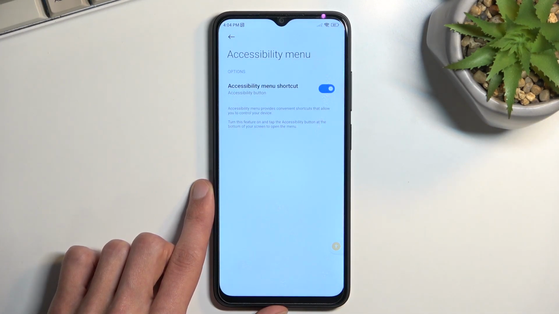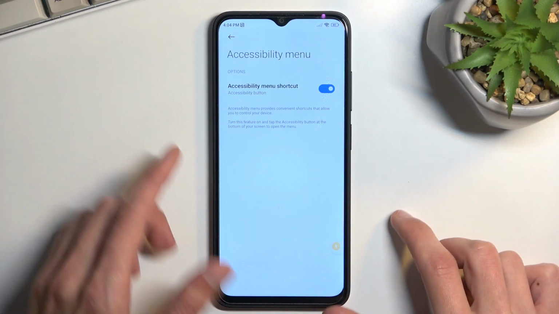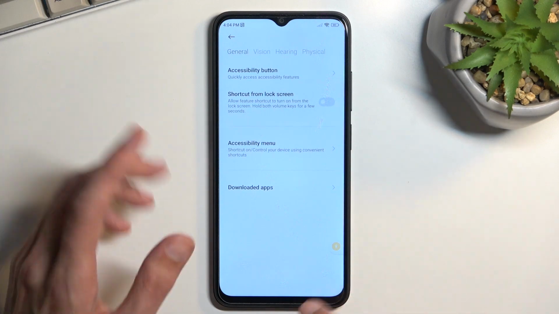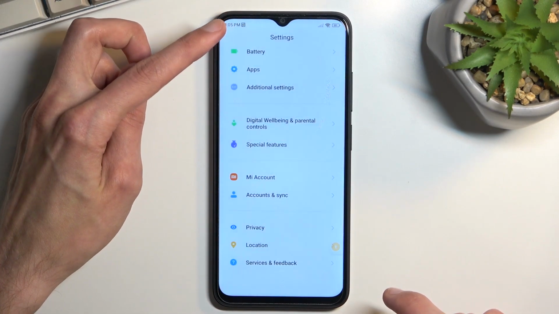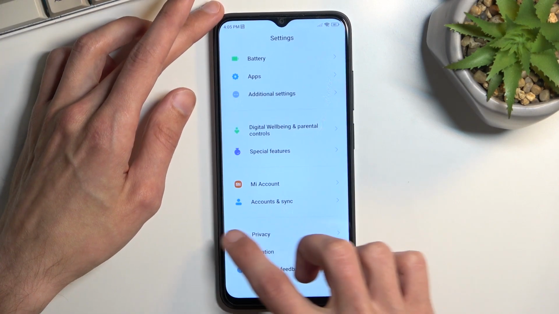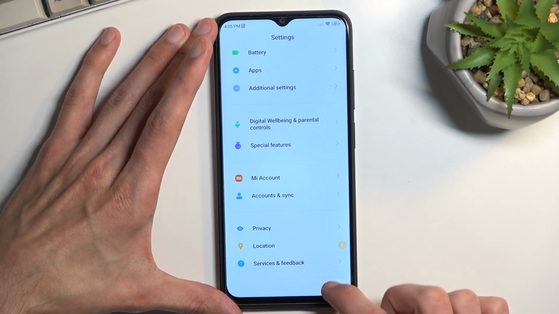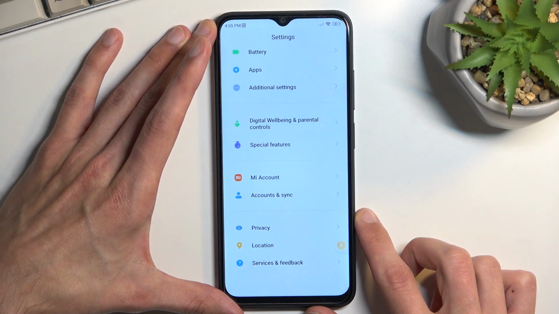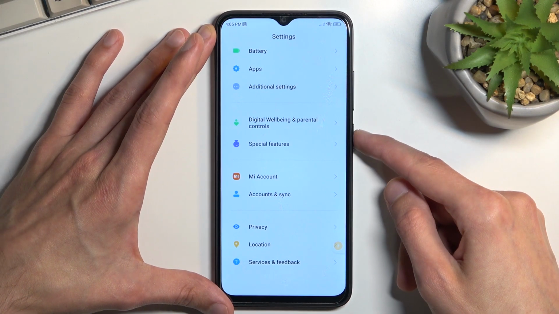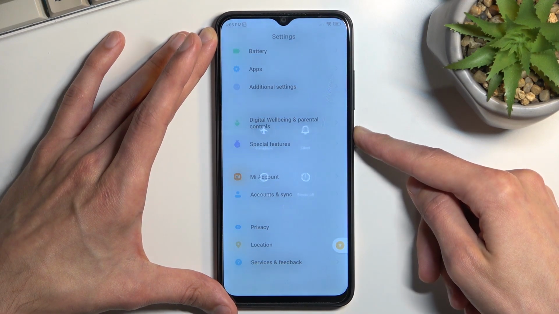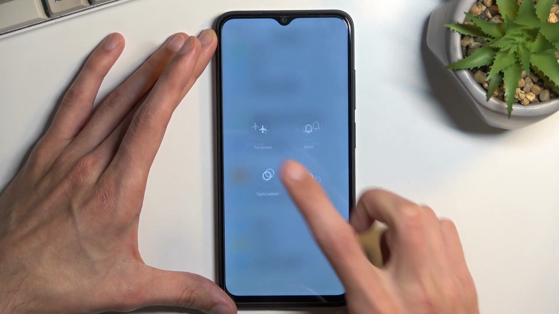Now that we have enabled our accessibility, we're just gonna back out to the beginning of the setup. Now here we do need to utilize this button right here to go back, and also, can I just go back? Apparently not. Guess we're just gonna reboot the device in this case. So let's hold power key, select reboot,